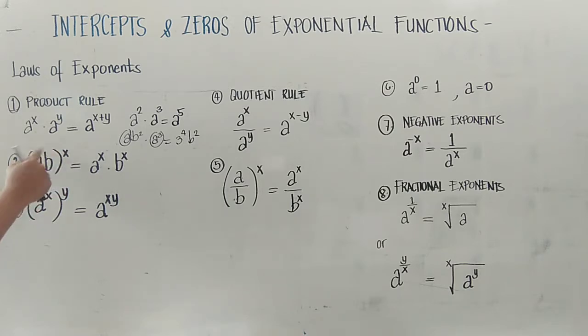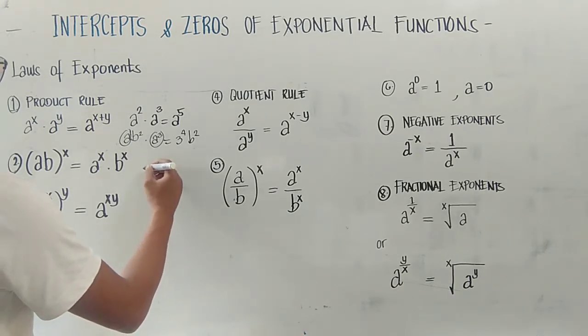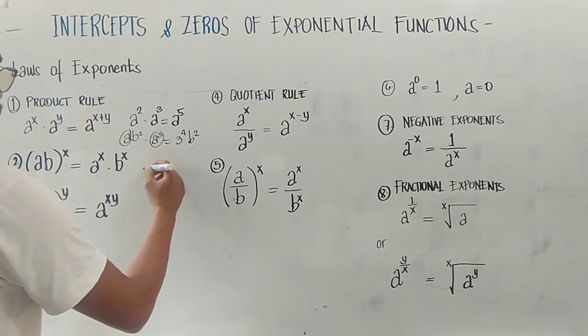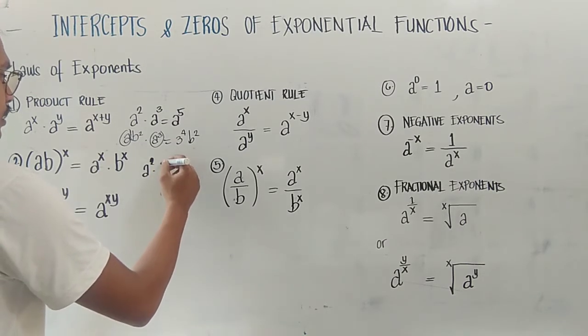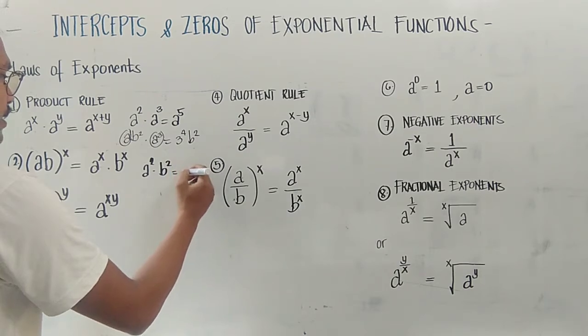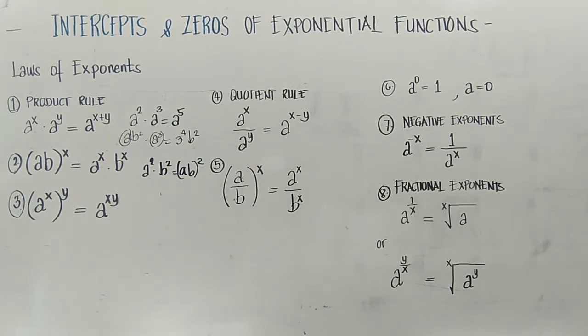We are just distributing the exponent to the quantities inside. Okay? Such as this example, we have a times b squared